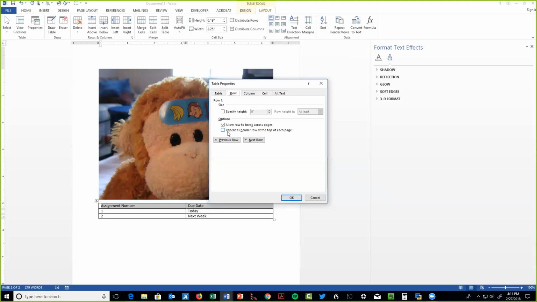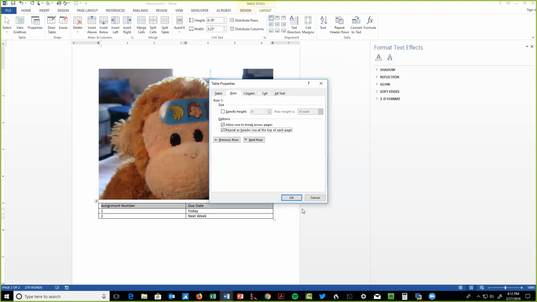So it would be at the beginning of the table on the first page, and it would also be at the beginning on the second page where the table picked up from the previous one. Now what it does is it makes the header cells that you've selected so that, like with our headings and our lists, they are identified as headers in the table. So all there is to it is clicking on this little box, repeat as header row at the top of